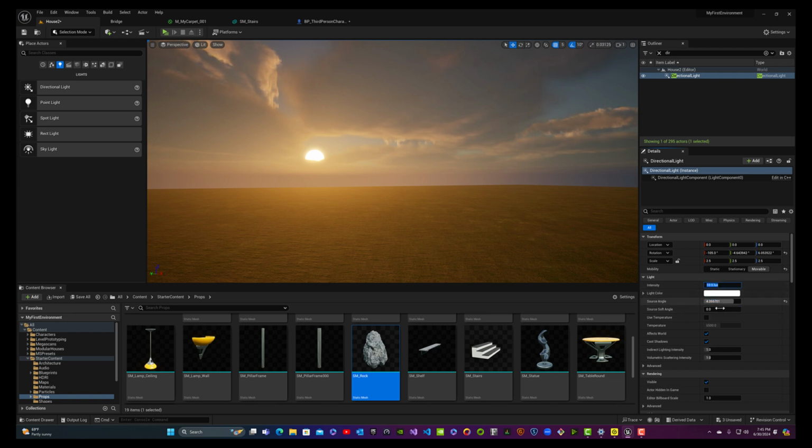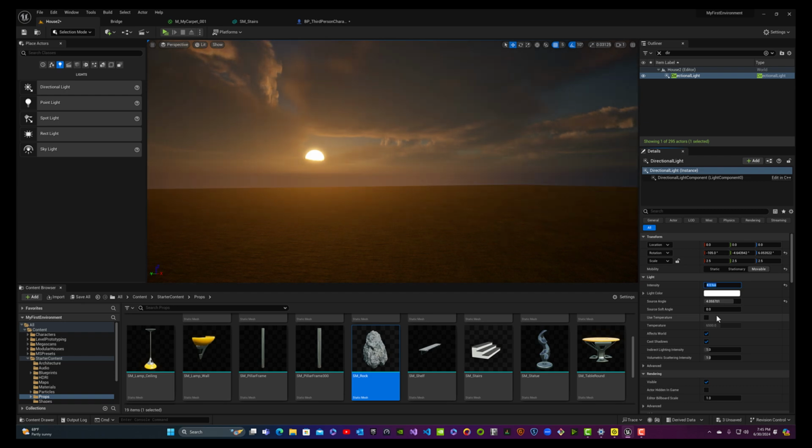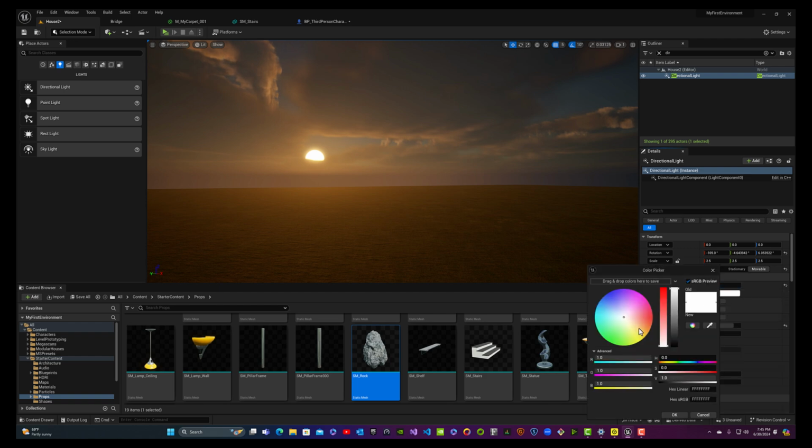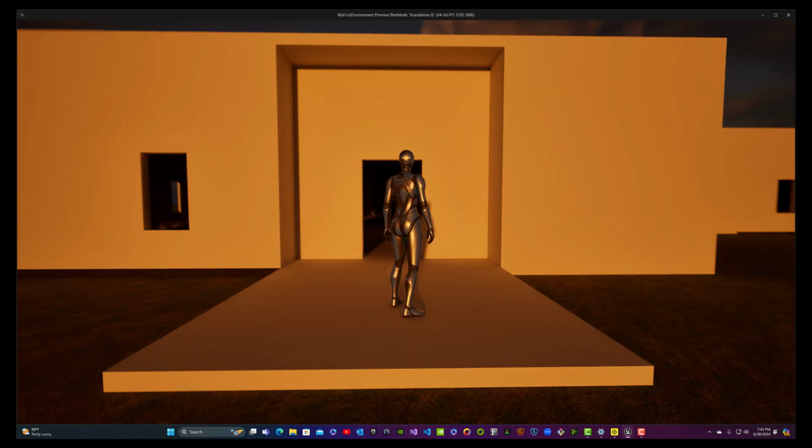This is in lux, which is a different intensity unit, so I can turn that down. Maybe it's going to be 2 lux. And you'll notice that the sky is darker. Maybe that's too dark. So let's try 3, 4, until we find something that we like. If I wanted to, I could make this more of like a reddish type of color. And again, being colorblind makes this pretty hard for me, so I'm just going to only do that a little bit. So if I play the game now, you'll see that